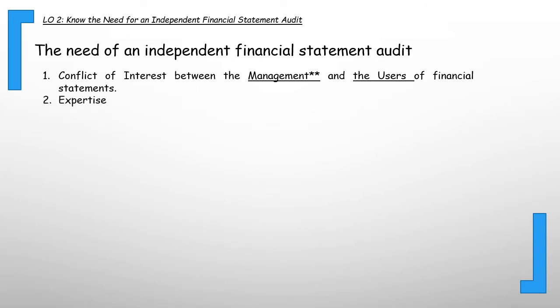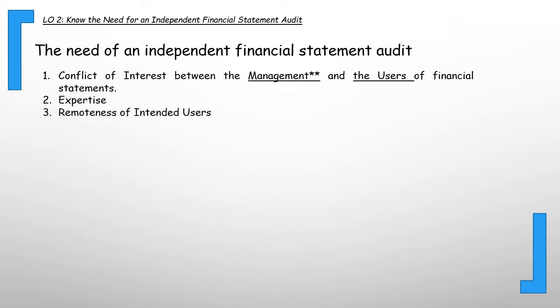The next is expertise. Since most of the users are not equipped with the necessary skills and competence to determine whether the FS is reliable, the auditor is hired to verify the reliability of such financial statements.